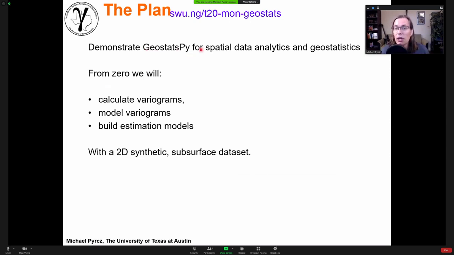We're going to demonstrate GeostatsPy for spatial data analytics and geostatistics. We're going to start from zero. I'm going to assume you know nothing about geostatistics, which means I'll cover just a couple of slides to get you understanding a geostatistical concept, and then I'll get you to use GeostatsPy and do it. Then we'll walk through in an interactive manner. Then we're going to walk through all of the steps to a more robust workflow, and then we'll go to